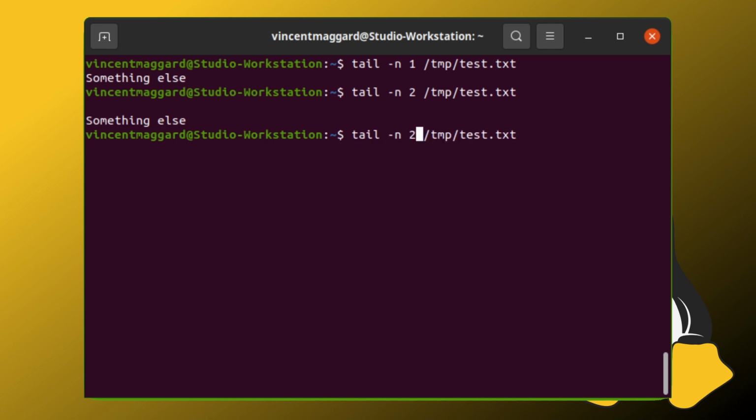So this could be very useful if, for example, you're looking at an error log and let's say you wanted to see the last 10 lines because that's where you think your error is, and you don't want to have to scroll through the whole file to find it or something in a text editor. This is much easier. And you can do it over SSH and such as well.